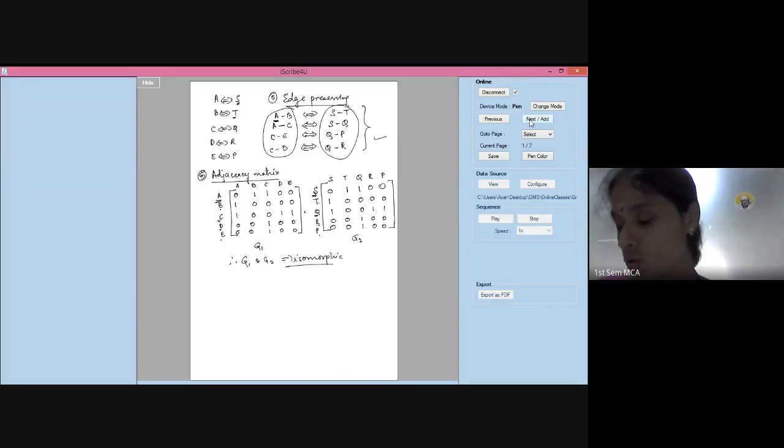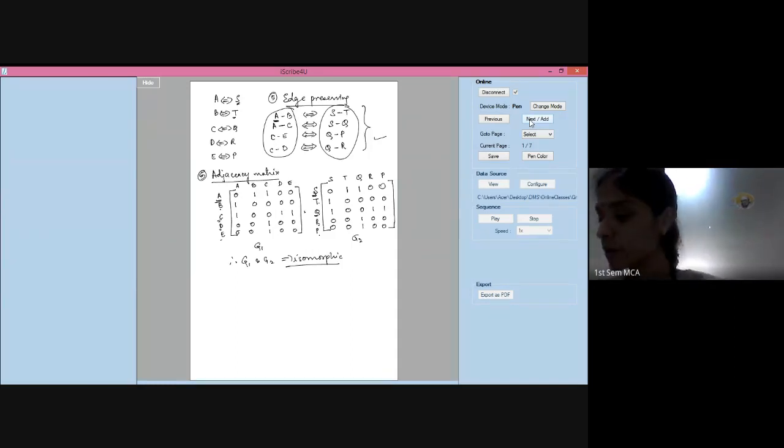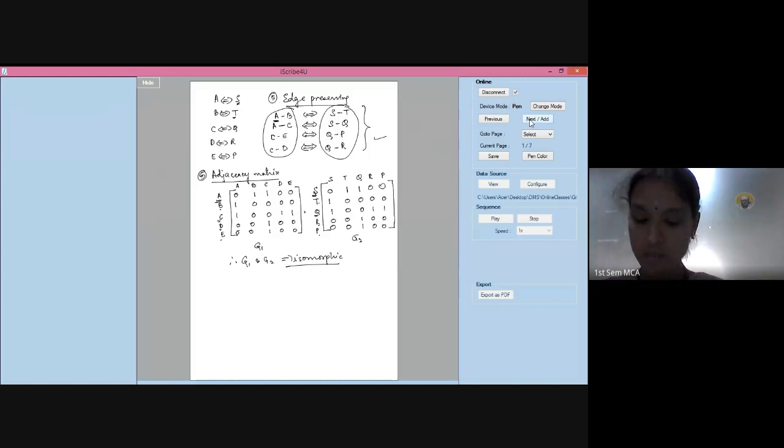Any doubts? If you have, let's take up the problem again in the next class. Don't worry. But go through this problem again and see what doubts you have so that we can work on it again. All right. We will be solving a couple of more problems in the next class so that you become very much familiar with how to solve it.